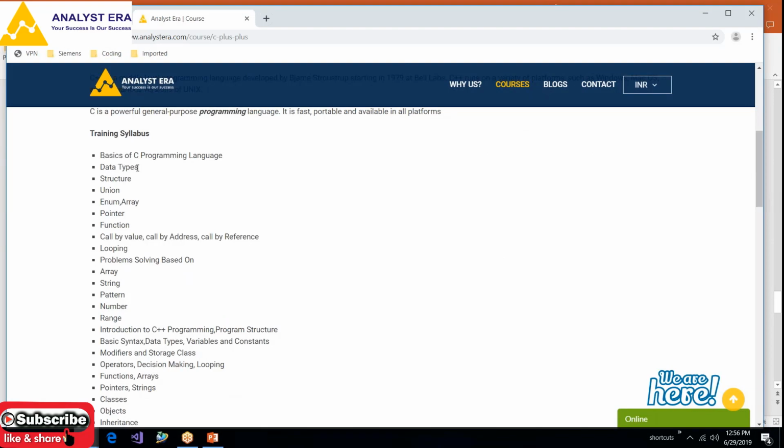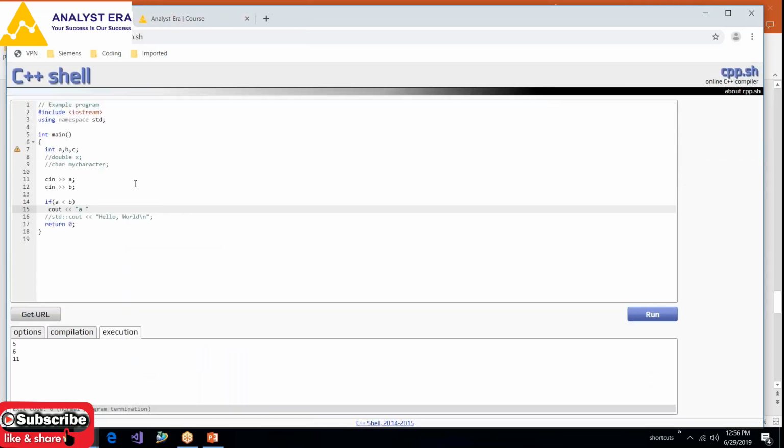Yeah, so I'm just covering the simple data types and basic programming today. Now I'm showing the programs so that the candidates can start with some basic coding without much theoretical understanding. What I'm writing here: the user gives input A and B, and we check the if condition.